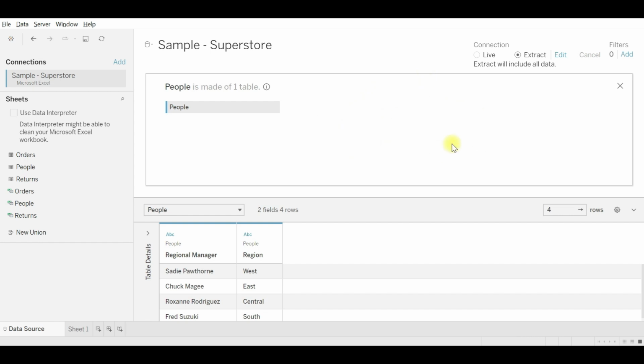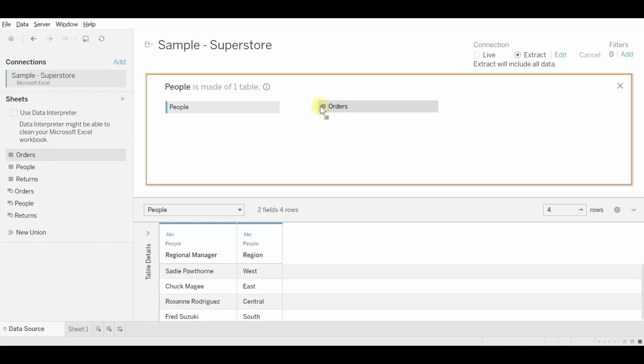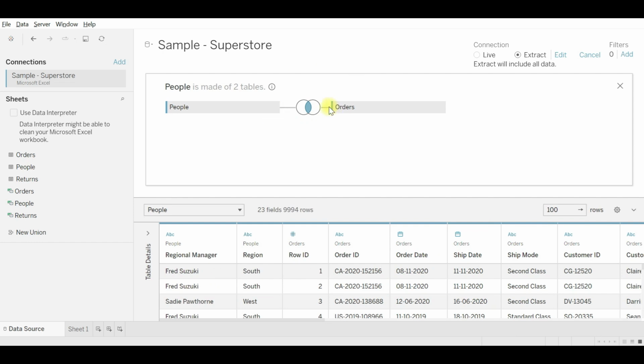Now in this empty area you can push the other source with which you want to create a join. Here let's say it's orders. Now when I drag and drop orders here, you'll notice Tableau has automatically given it a join, that is an inner join.